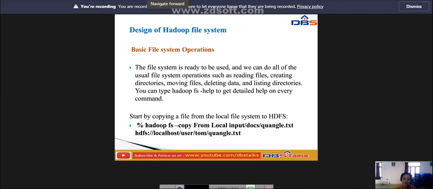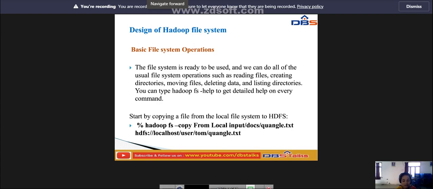Before explaining the basic file system operations, there are some commands which I will explain later. First, I have to explain what HDFS, the Hadoop file system, is and why we are using it. It can be considered a standard file system from the client's point of view, but behind it the file system actually runs on several machines.